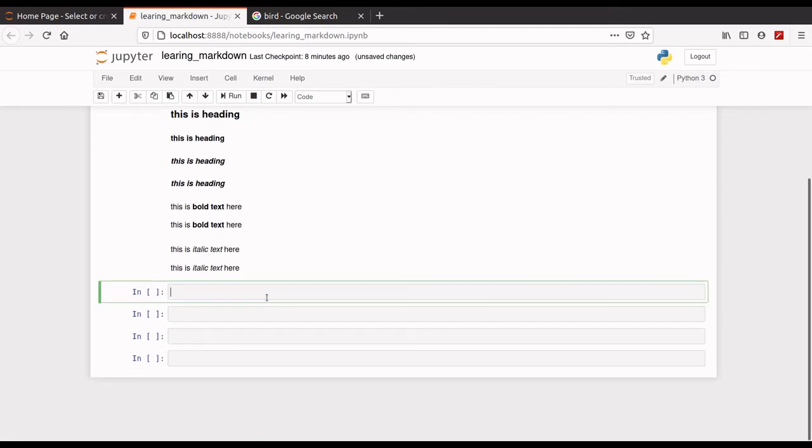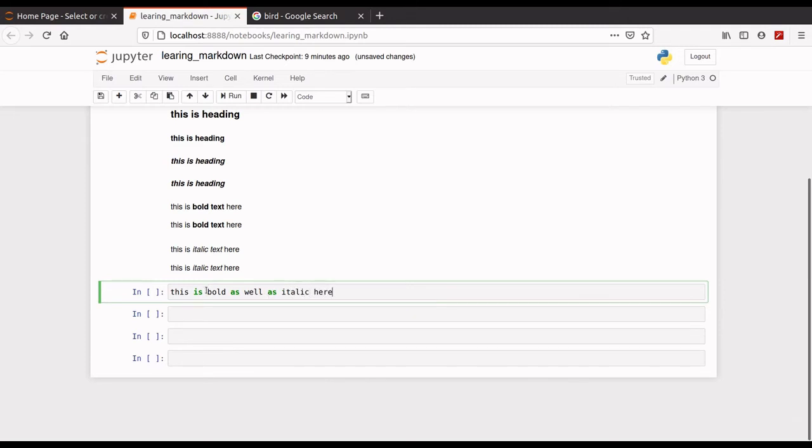Now if you want to make text bold as well as italic, then you just need to use three-star quotation. This is bold as well as italic here.